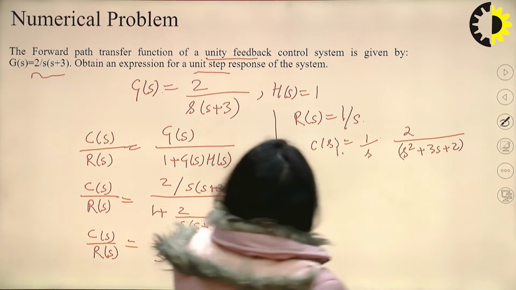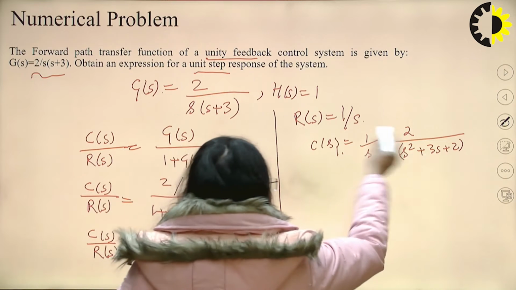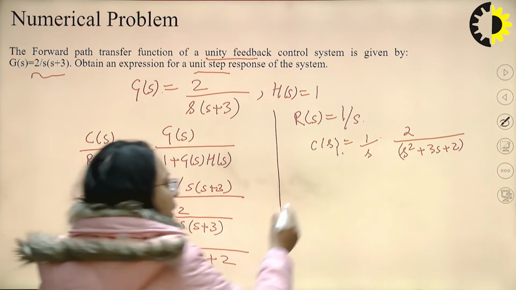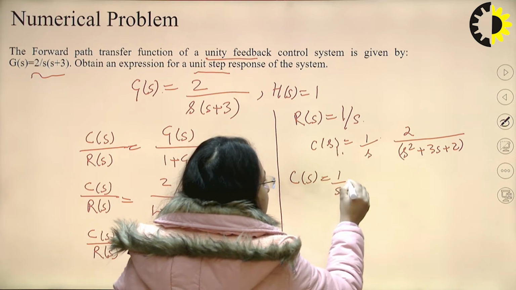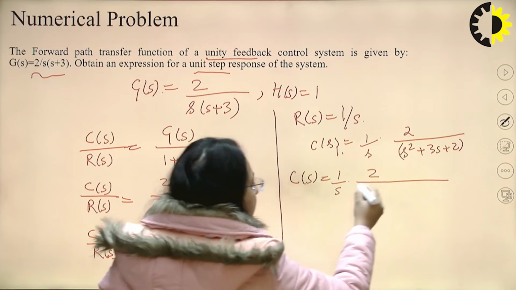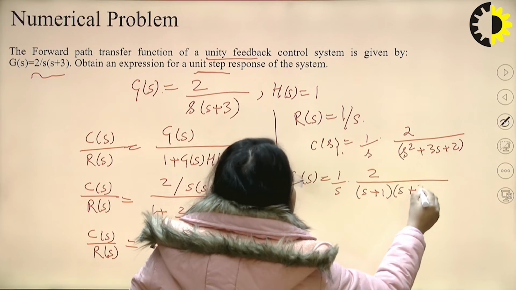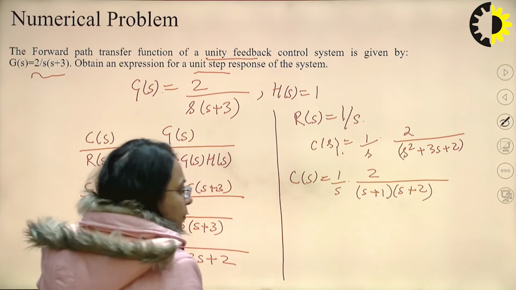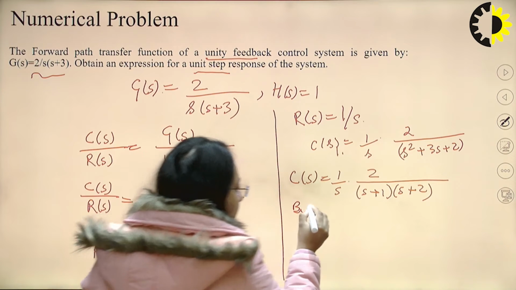Now what we have to find out is c(t). So s square plus 3s plus 2 can be written as (s plus 1) and (s plus 2). So C(s) is 1 upon s into 2 upon (s plus 1)(s plus 2). Now by using partial fractions,